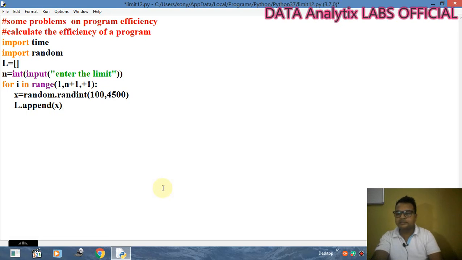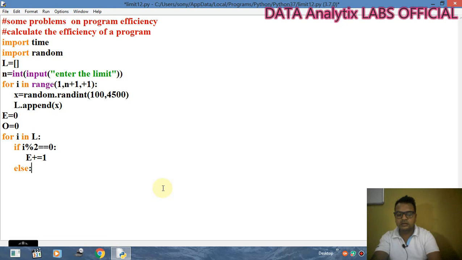Then afterwards, now the program will check the length, the total number of even and odd numbers that are there. So let's say my even number is e equals 0 and o equals again 0. Now we will start with this one. For i in L, ठीक है, for i in L, if i modulus 2 gives a remainder equal to 0, then there will be an increment in the E variable.